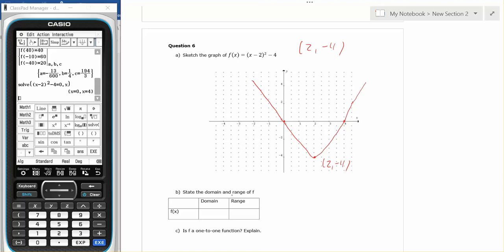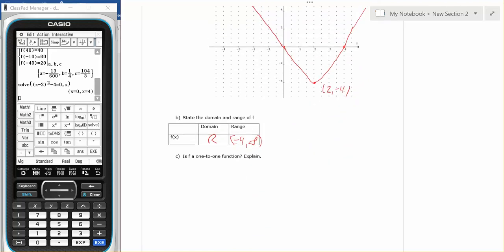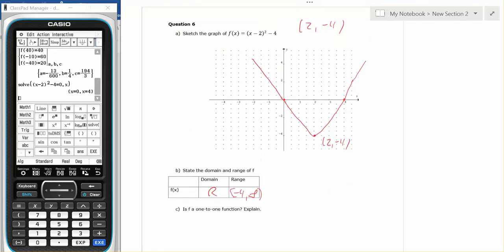Now, what do I want to state? Domain. The domain would be all reals, because there's no restriction on it. The range would be -4 to infinity, because that's the lowest value. Not -4 to 0, but -4 to infinity, and you don't include infinity. Is f a one-to-one function? Explain. No,